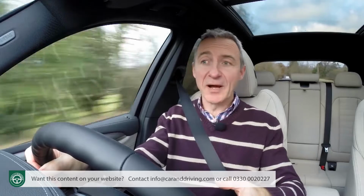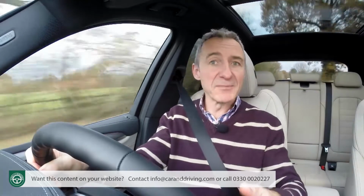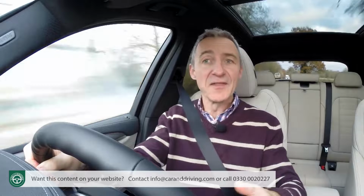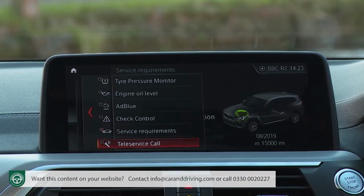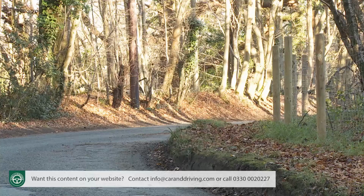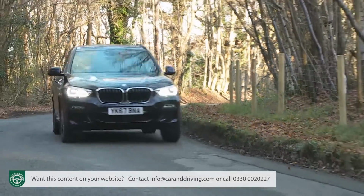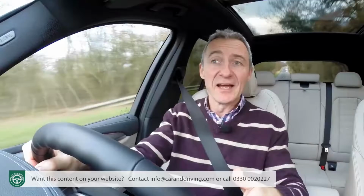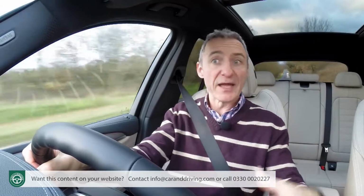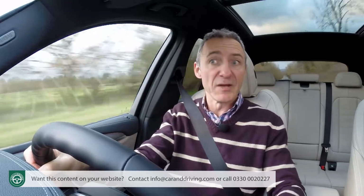Less familiar to some buyers will be the clever teleservices feature that comes as part of the BMW Connected Drive services that you can access through the iDrive infotainment system. Via this, before each service appointment is due, your X3 can automatically put in a teleservices call to your nominated BMW service centre, complete with detailed information on vehicle condition. You'll then get a call to arrange a service appointment, and that's something that you will already have budgeted for